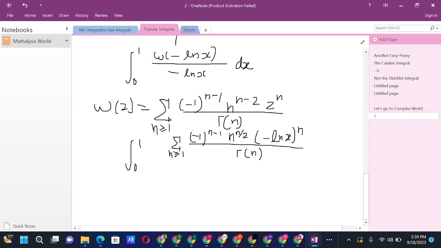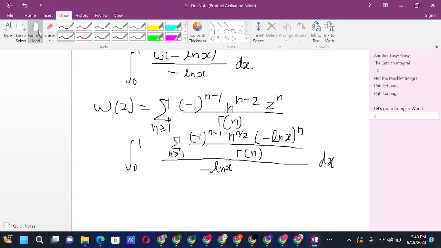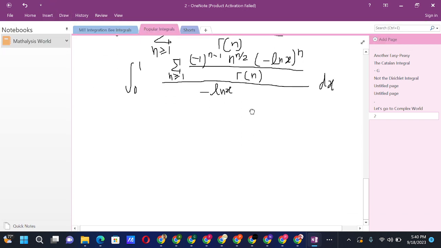So this was the Lambert W of negative ln x. We have over here negative ln x and dx. Now since the sum is in the n world, ln x will be just a constant,